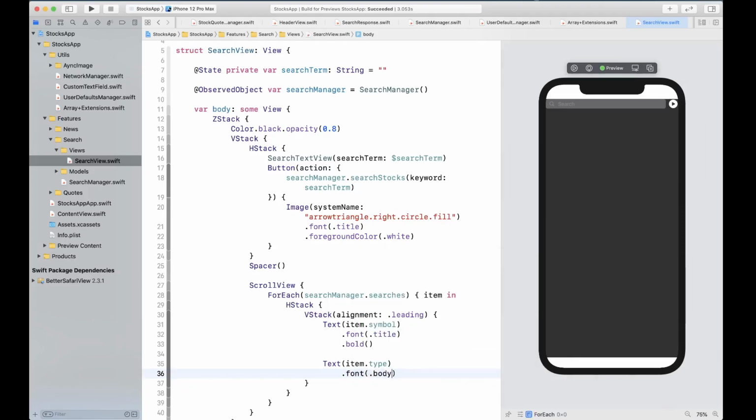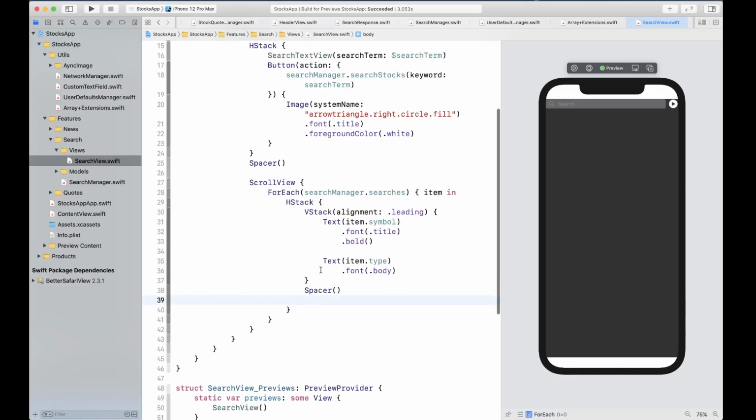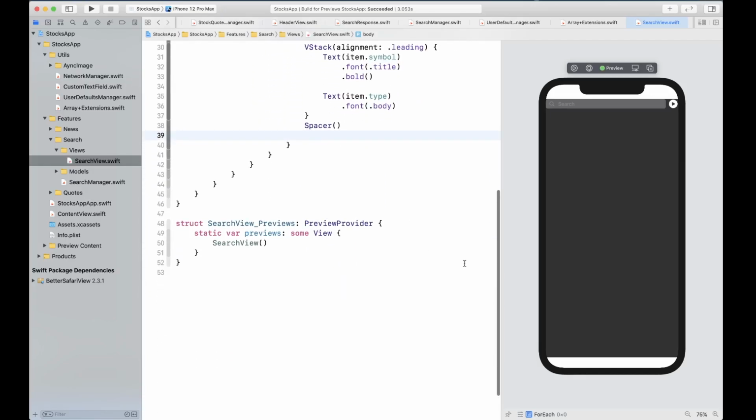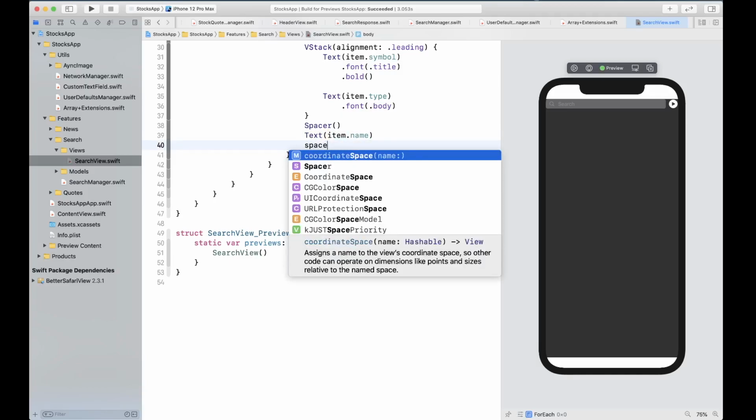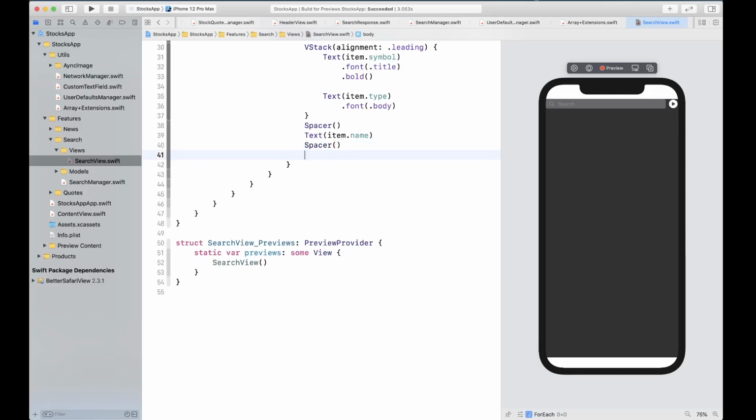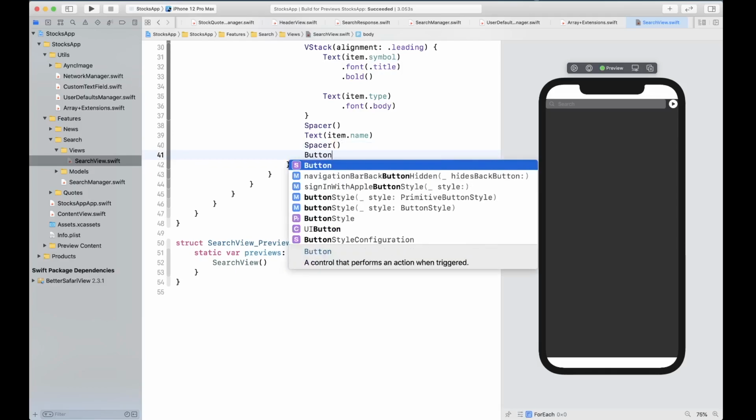For the type, we're going to give a font body, and underneath there's going to be a Spacer. Under the Spacer, we're going to have a Text item.name, and another Spacer with Button.